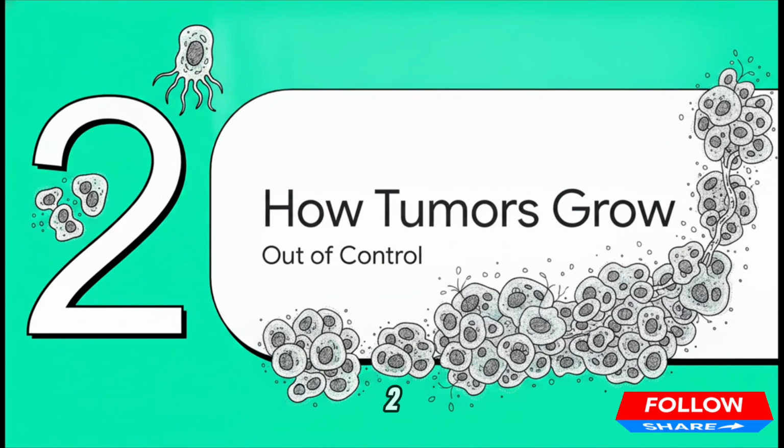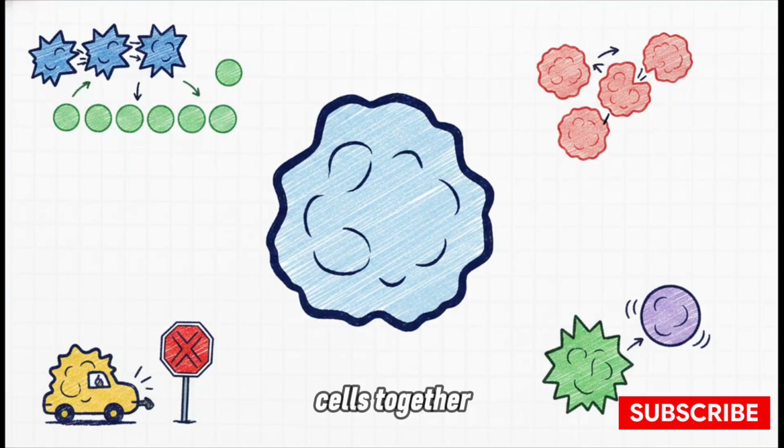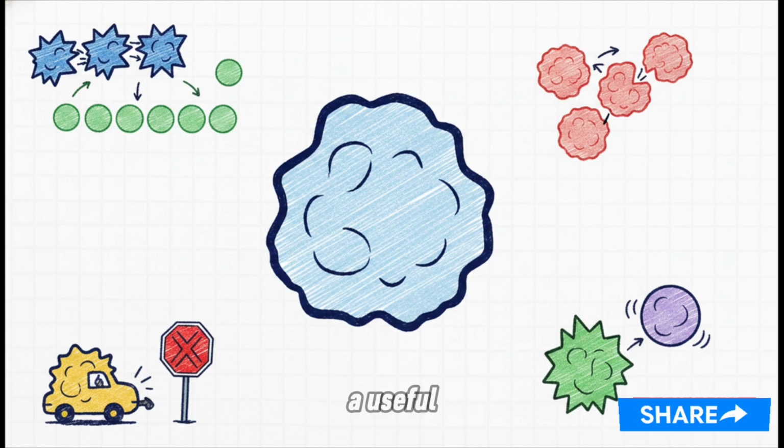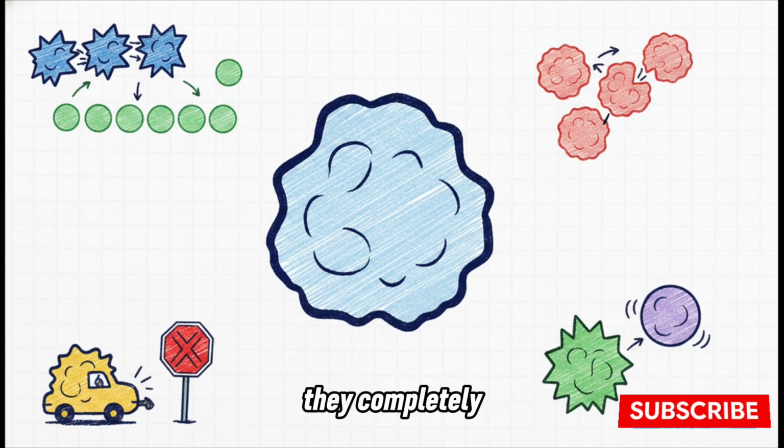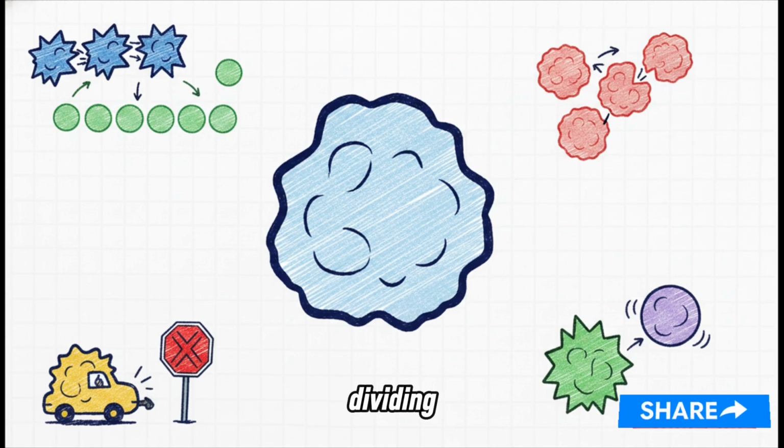Moving on to part 2, how cancer tumors grow. Once you have a group of these rogue cells together, they start exhibiting some really unique rule-breaking behaviors to survive. Simply put, cancer cells are troublemakers. They divide incessantly. They stay totally immature, meaning they never actually grow up to do a useful job for the body. They're sneaky, actively dodging the immune system. They completely ignore any signals telling them to stop dividing, and interestingly, they don't even stick together very well, which is a detail that becomes absolutely crucial later on. Ultimately, as they accumulate, they just grow into and damage the surrounding tissues.